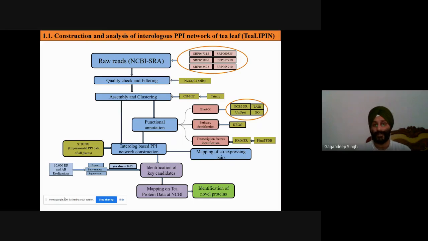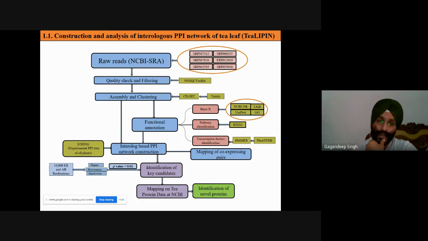In this work, I have downloaded the available transcriptomes from publicly available databases. As I showed you in my previous presentation, raw reads can be downloaded from the NCBI SRA database. I have downloaded data from 6 conditions, 3 from normal and 3 from disease conditions.